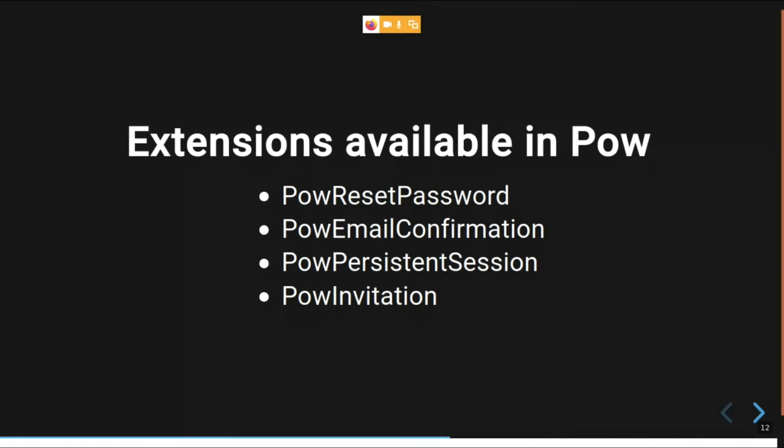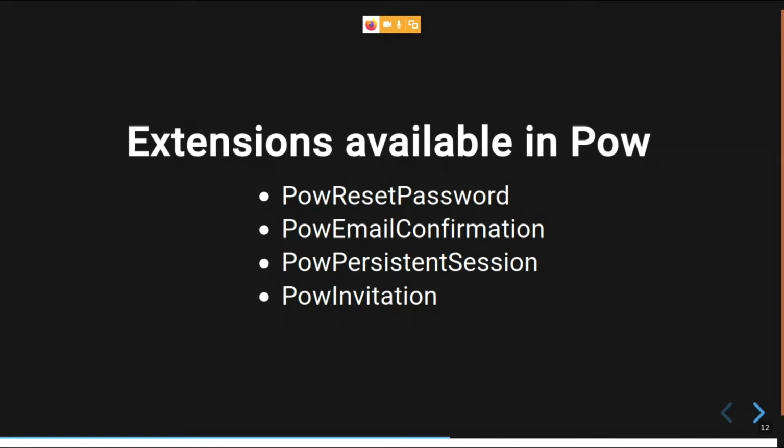So that is how reset password works. The only thing POW does not implement is the actual sending of emails, so that part we need to develop. Maybe you can use another third-party library like Bamboo to send the emails. But apart from that, every other functionality is available in that extension.